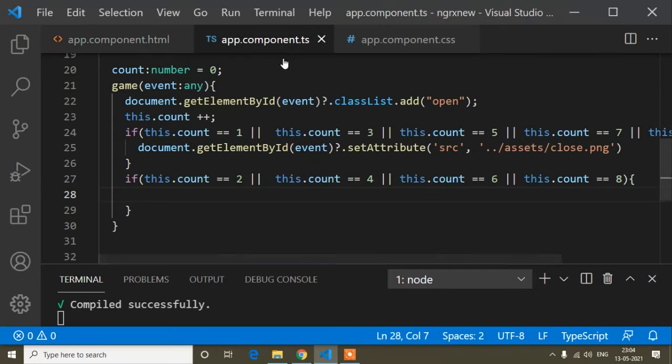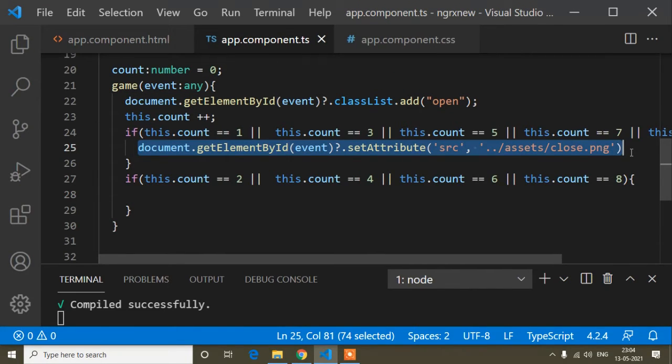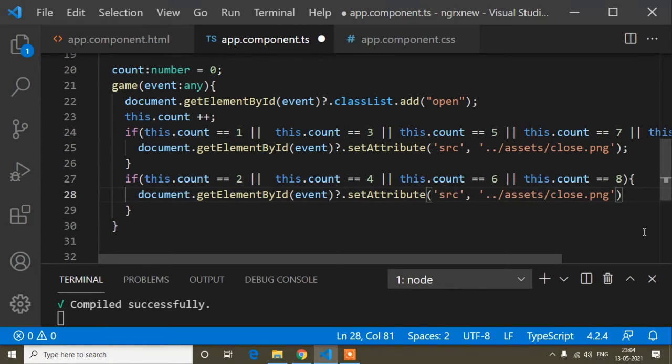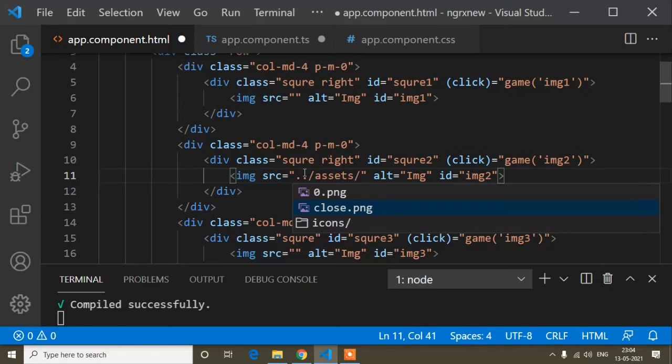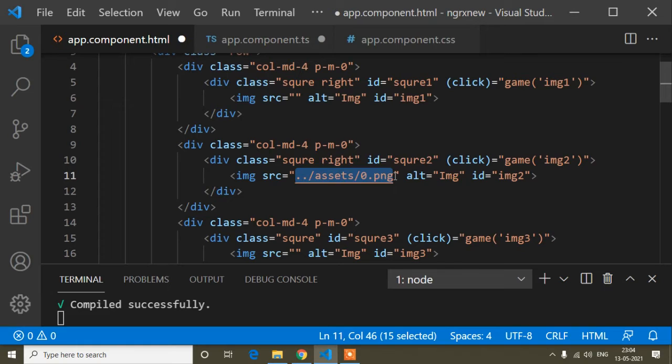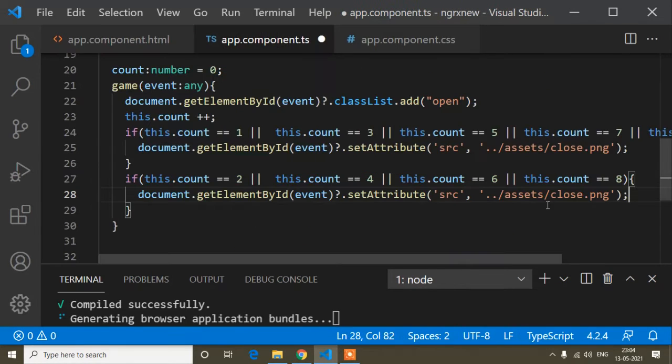So now guys, in the same way, when the count is even, I have to pass the 0 image, whose name is 0. Here I have also stored the 0 image. So I will show you: dot dot slash assets and this 0.png. From here I will just cut it, and paste it here instead of this.